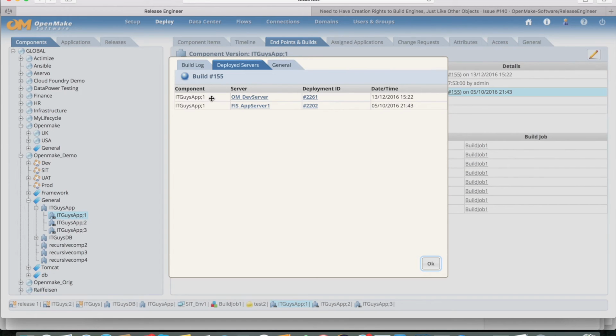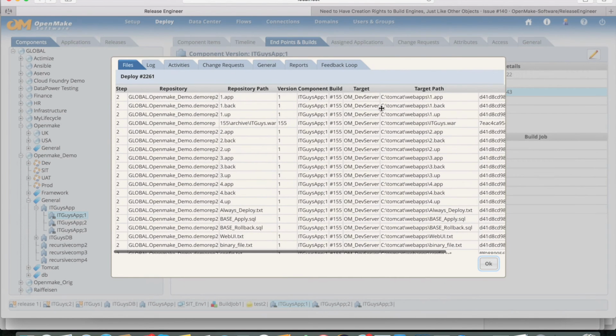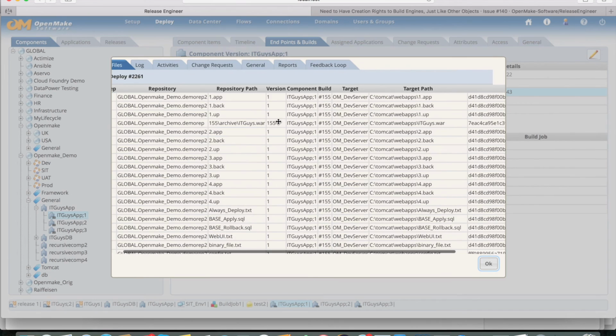So that build was associated with version 1 of IT Guys app component, and it's been delivered to OM server 1 and FizzApp server 1 by those deployment IDs. And I can go and open up those deployments as well and see all the files that were deployed in the typical way they always could. The deployment log looks a bit tidier now,